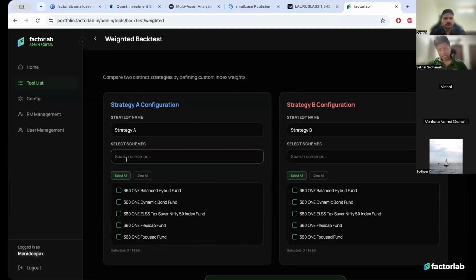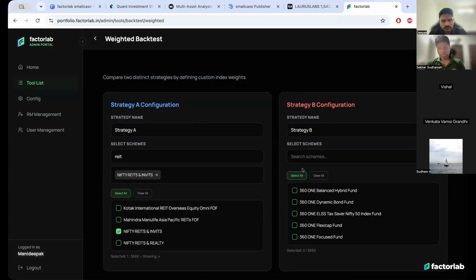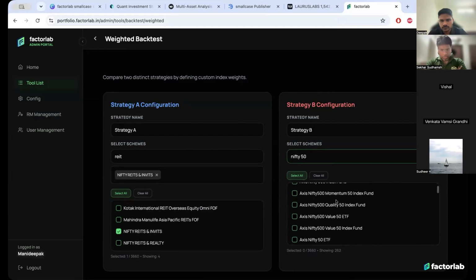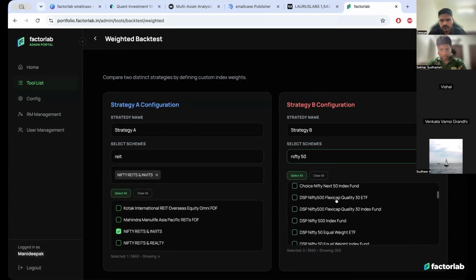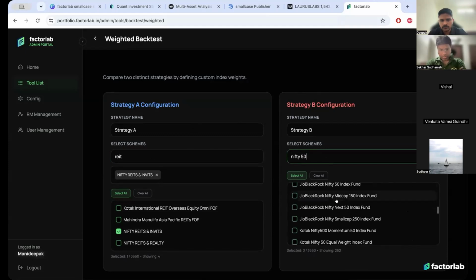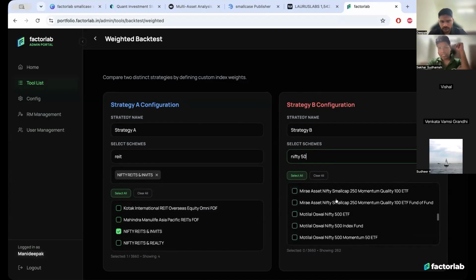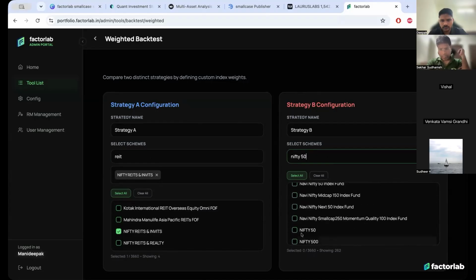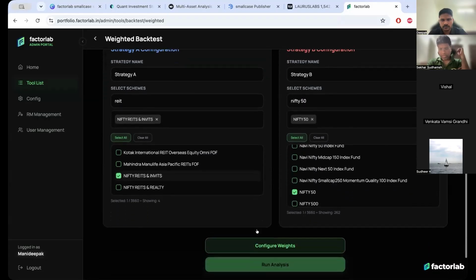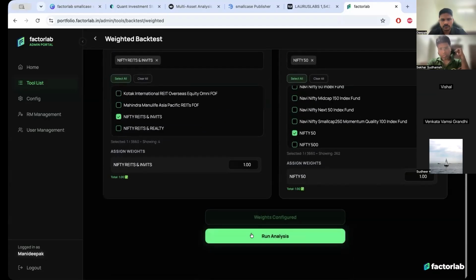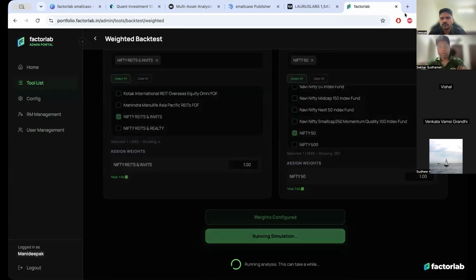But if we can take the use cases in US, Singapore, and Europe of the REITs that have been existent to get an idea. So what Deepak is showing is basically the tool that we built to, when we actually launch a strategy, backtest different combinations. So we are presenting on strategy A, Nifty REITs and InvITs, that is an index maintained by NSE. Now we'll compare it with Nifty 50 just to see how these two are moving together.